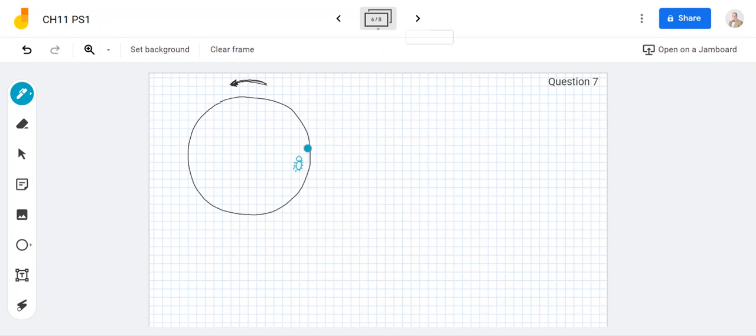So we want to know what's happening here. Now the whole thing is rotating, and the beetle is rotating on it. So what would happen if the beetle walks along the rim in the direction of the rotation? Okay, what will happen here? So the beetle is going to walk